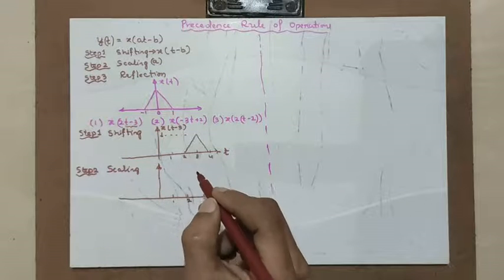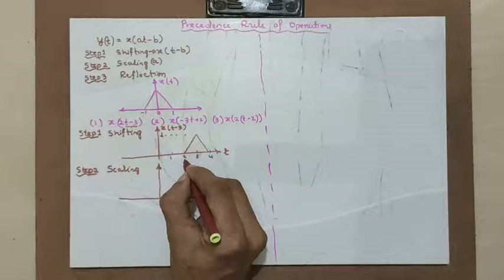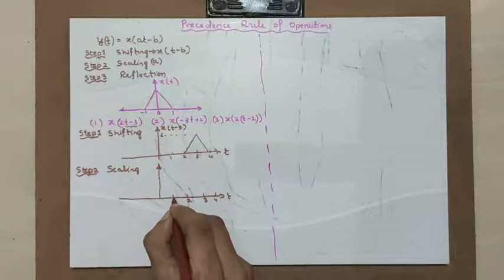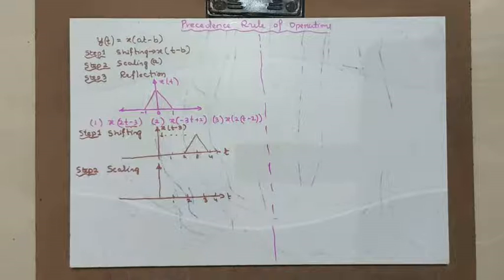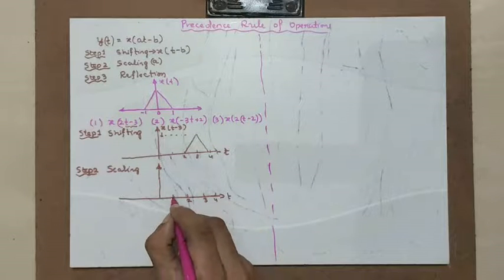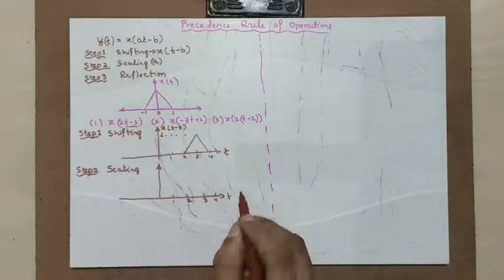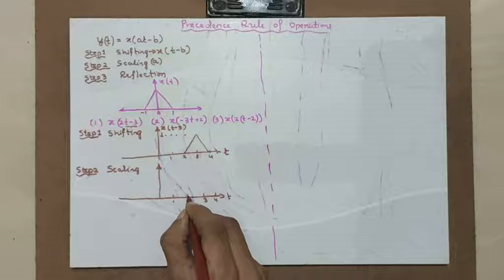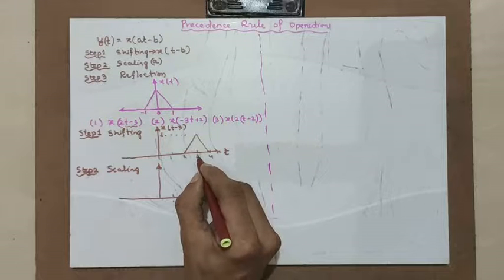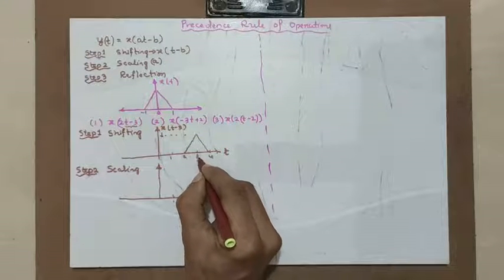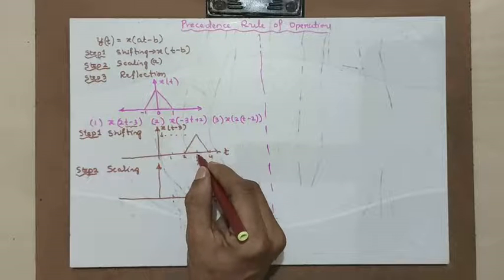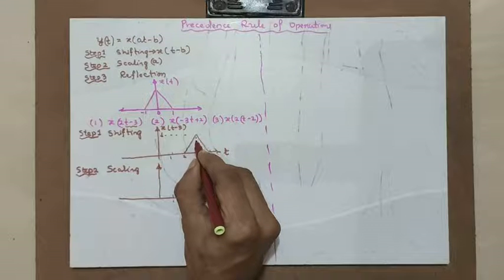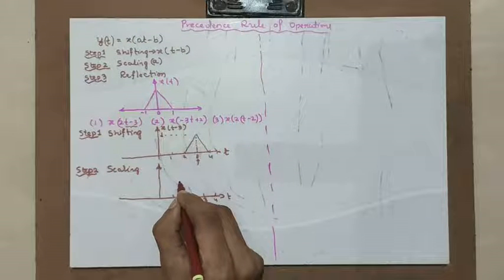This means divide by 2. Where this point shifts, this is at point 2. When I divide it by 2, it shifts to 2 by 2. That means 1. Okay, that is shifted to 1. Now what about the point 4, the other end? 4 divided by 2. That means it shifts to here. What about the point 3? This point is at 3 here in the original signal. It is shifted to 3 by 2. 3 by 2 means what? 1.5. That means this center point shifts to 1.5 or 3 by 2.